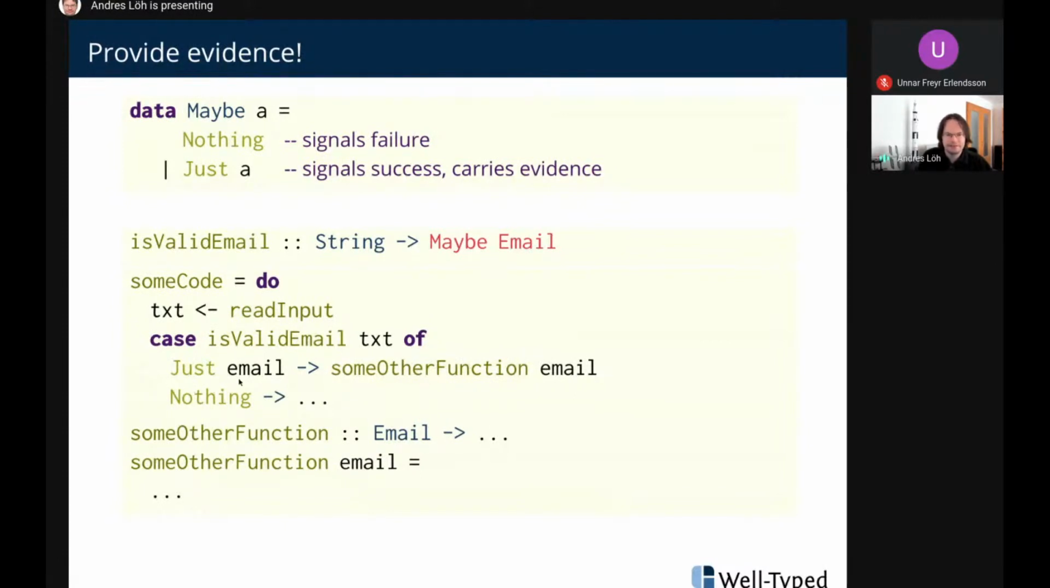But in the successful case, we now get access to the transformed piece of text that is the evidence of the successful outcome. And this variable email here has type Email now and not String. And we can go on and call some other function on this variable of type Email. And then indeed some other function is now going to take an Email rather than a String, which is a new type and a different type. And the good thing is that in here, just by using a different type, we know as the programmer that we have already performed this